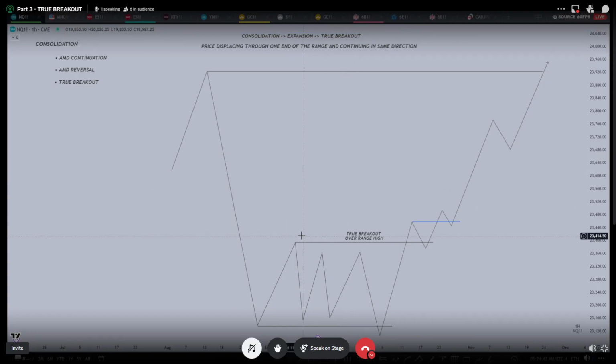breakout. After price engages a level which is an extreme high or extreme low, you look for true breakout at these areas. Basically, you don't look for true breakout, but you wanna see or where you wanna see to be